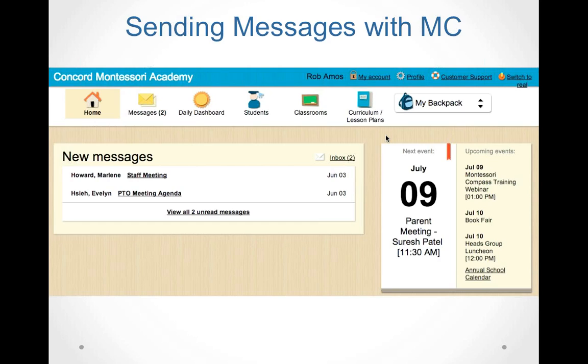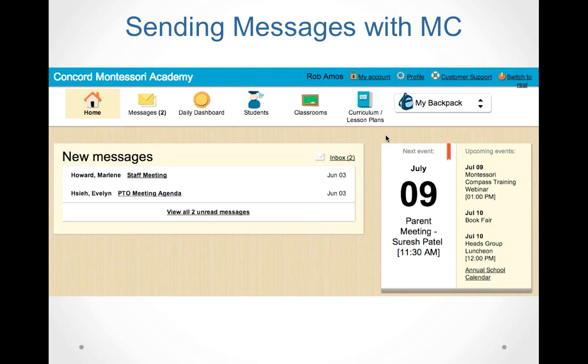Montessori Compass, honestly, makes it very, very easy to communicate as often as you would like, whether that is once a day or once a week or every 2 days. Again, no one size fits all, but you can achieve your goals pretty easily because a lot of this stuff can be set to be on automatic pilot, particularly with the activity reports, which we'll be talking about next week. So you'll have to stay tuned for that.